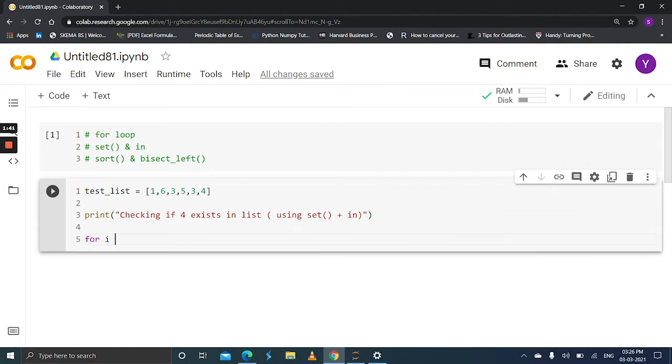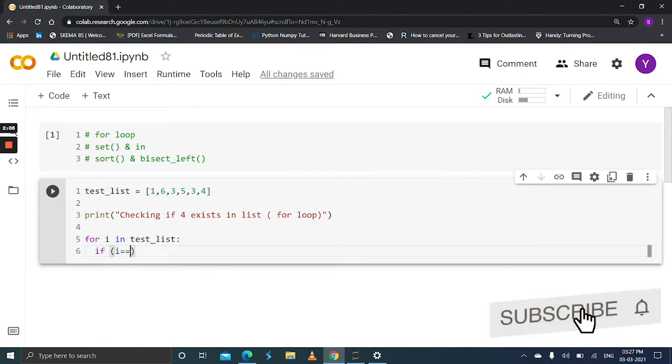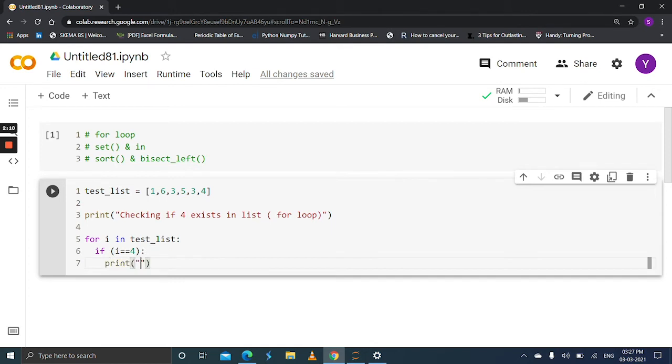First, let's look into the for loop. It might be easy for you using a for loop. For i in test list, if i is equal to 4, print element exists.